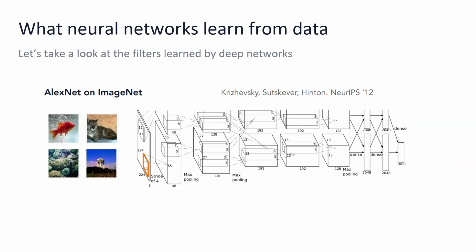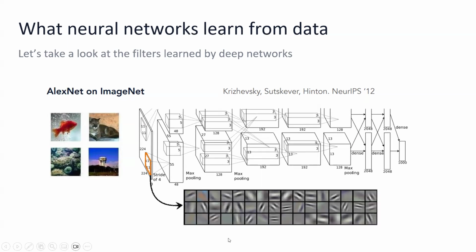So first, let's think about what neural networks learn from data, because this is already a non-trivial question. So let's take one of the first neural networks that came to prominence because they managed to beat humanly made programs. So before neural networks, humans put their knowledge inside the program. And instead, this network learned from scratch how to classify images and managed to beat the expert programs. In 2012, this was a huge success, but it's not clear how a deep convolutional neural network manages to classify images. And so one thing you can do is to take the first layer of filters, the weights that the network learns, and plot them, and at least look at what this neural network was learning.